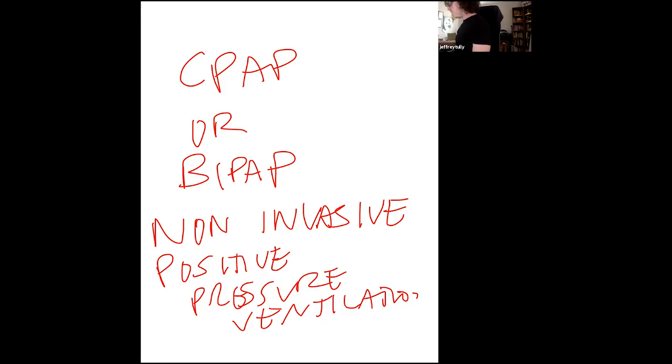The idea behind these, some of you may be familiar with them from the setting of conditions like sleep apnea, is that if you put a mask on and apply a positive pressure, something like 5 centimeters of water worth of positive pressure through the airways, it will have this effect of stenting open those small